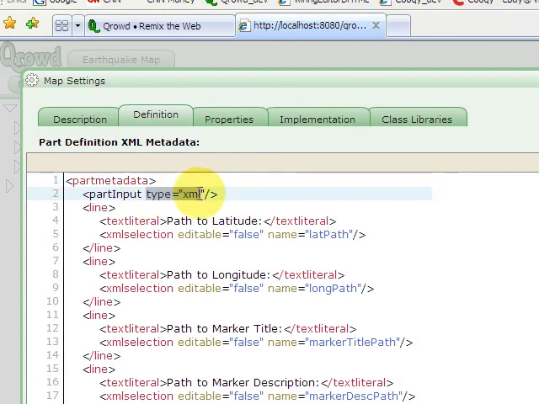The wire node inputs always have a type. This particular one takes XML as its input. There are just a few basic types of input defined within Qrowd, being text, numbers, and XML. What happens in Qrowd is that a literal text comparison is done to determine which nodes can be wired together. You can separate multiple types with a space. For example,